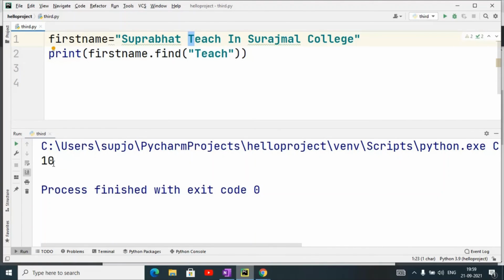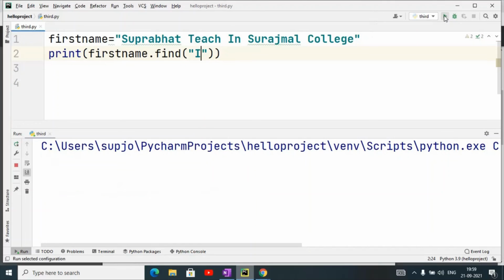So it gives the first occurrence index of that particular word or character in the string. Suppose I have taken I, it will return the position of the occurrence of I. This is the use of the find method.